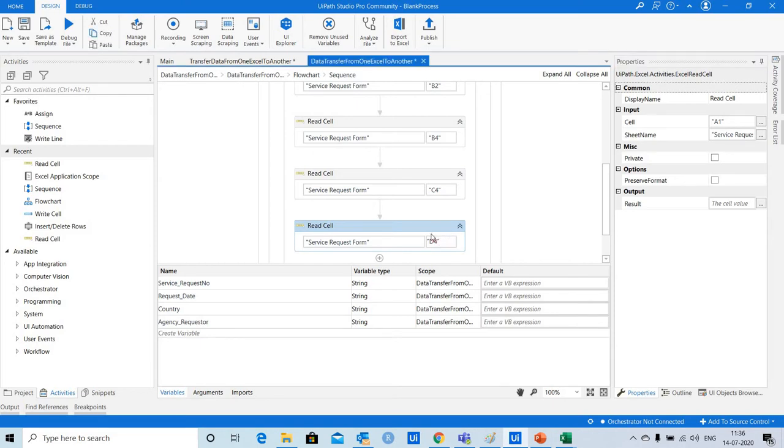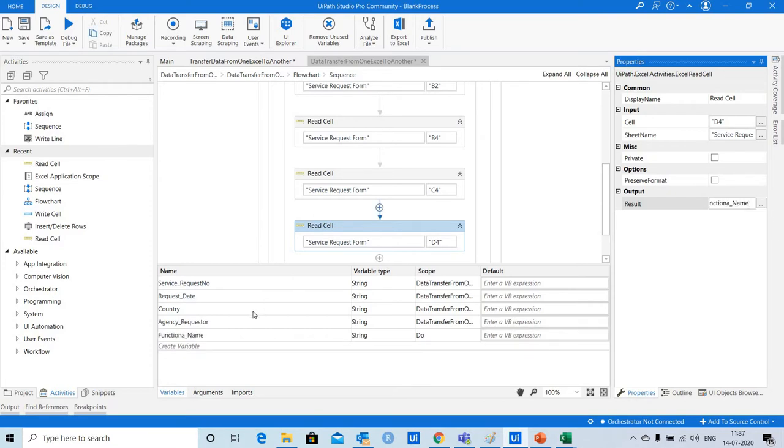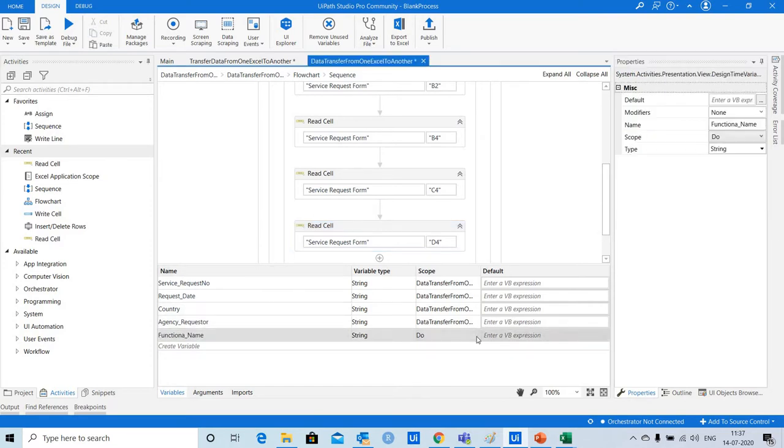So let me define the output variable for this again. Control K, function underscore name and then change the scope to main sequence.